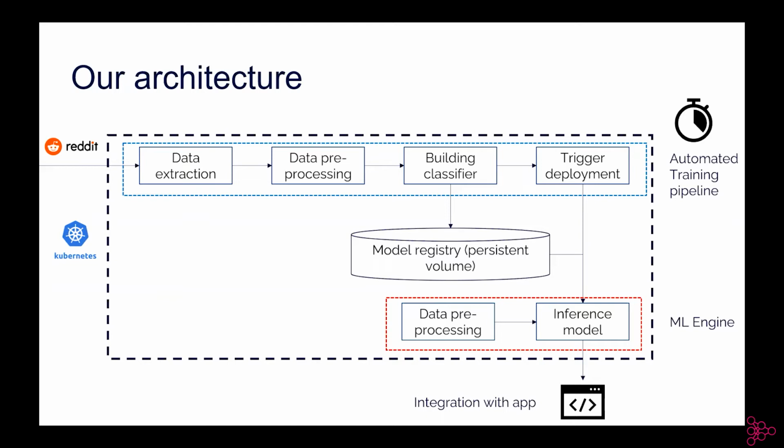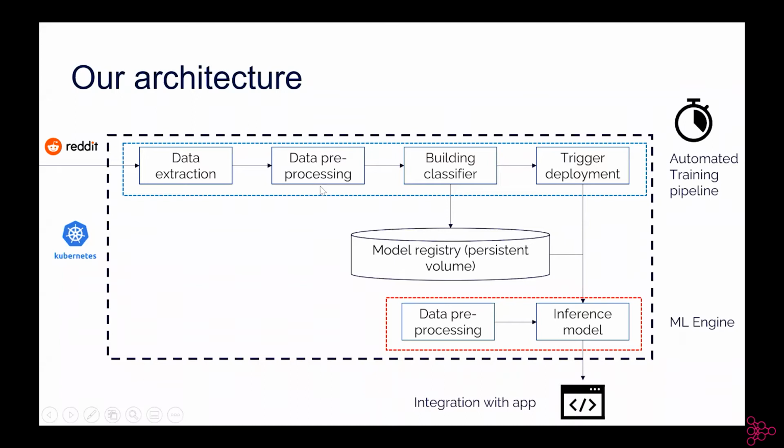It will pre-process the data, not in the API load, but it will take the original data that comes from the integration, so that is submitted, and then it will do the transformation on it, then send it to the inference model, and this inference model will return a result. So you have an orchestration here that is done from our machine learning engine in production. Any other question? Okay.